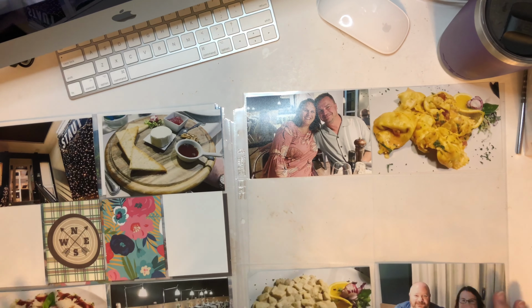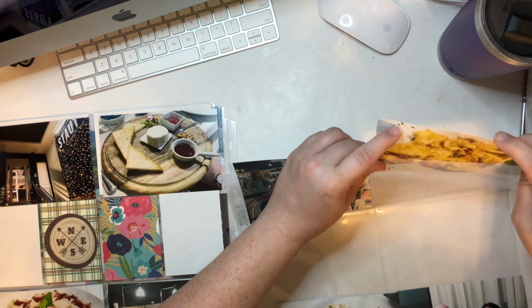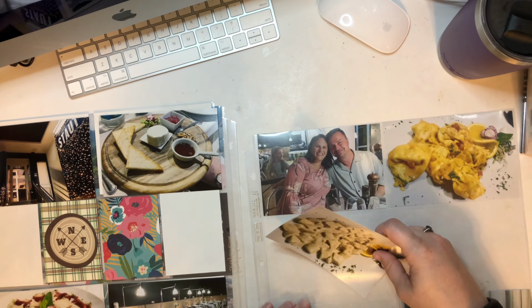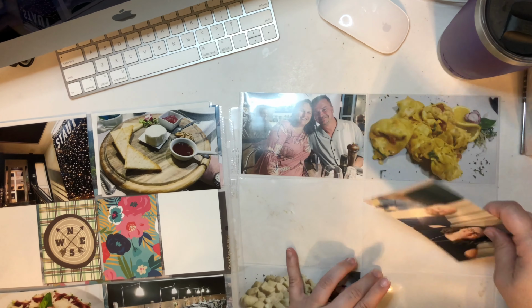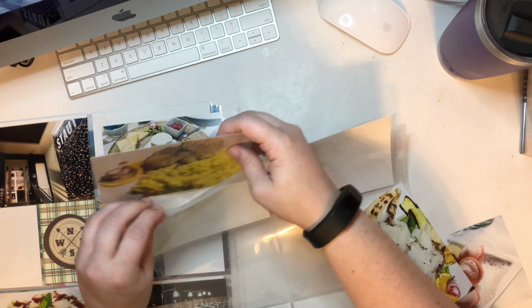And the reason I like doing this is it's fun playing with the see-through pockets, but also it gives you only one filler card. If I tried to force all 3x4s with no content, it would just be forced. So it's easier just to find